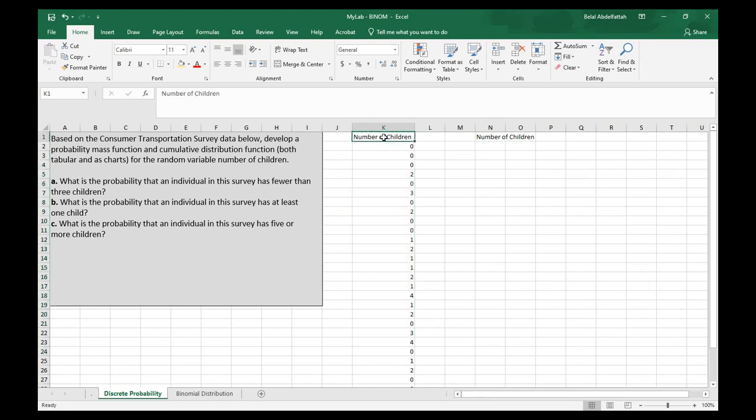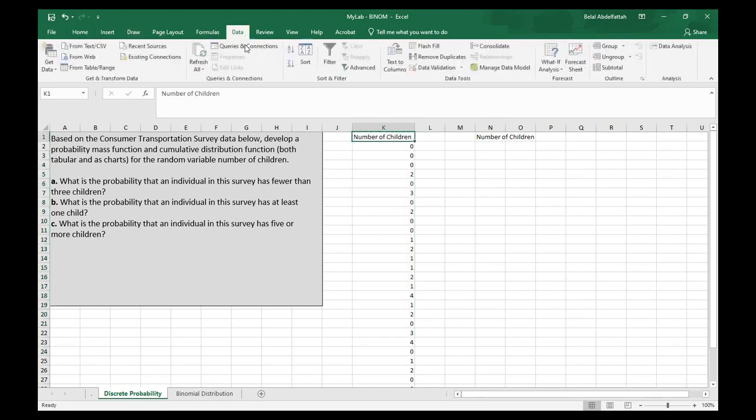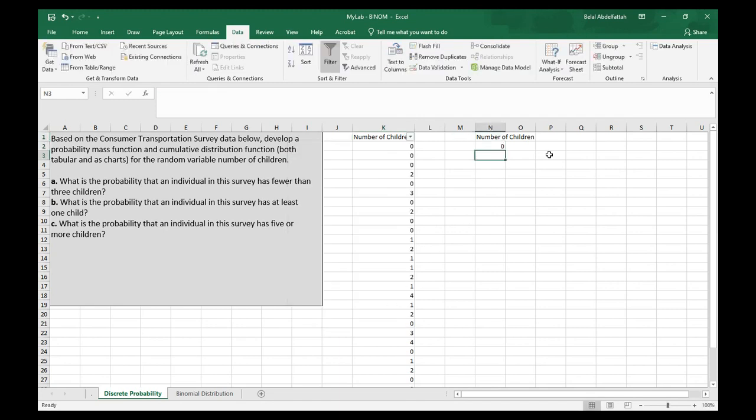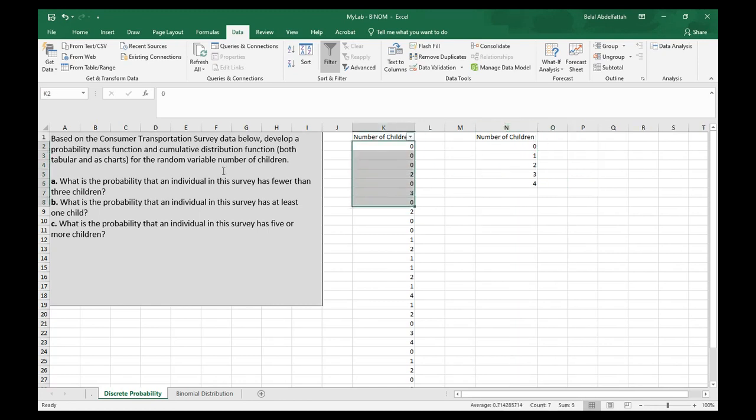So there are different ways that you can do this. One way is by selecting filter and observing the number of distinct values through the dropdown. So we have everything from 0 to 4. So I'll go ahead and say 0, 1, 2, 3, 4. But now I need to do a count on each one of these. So I want to know how many of the respondents have 0 children, how many have 1, etc. So I'm going to say